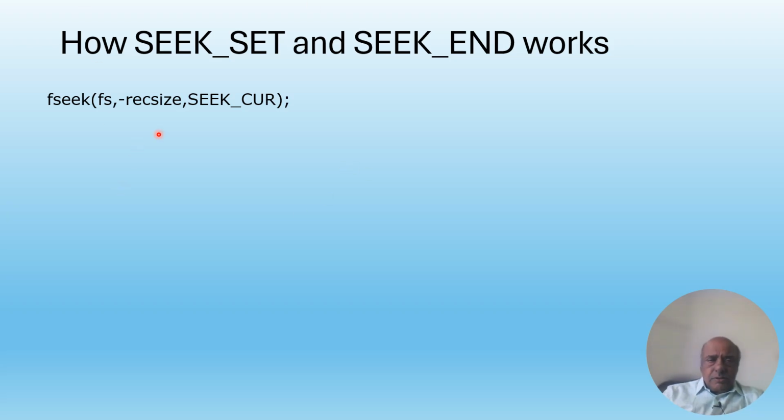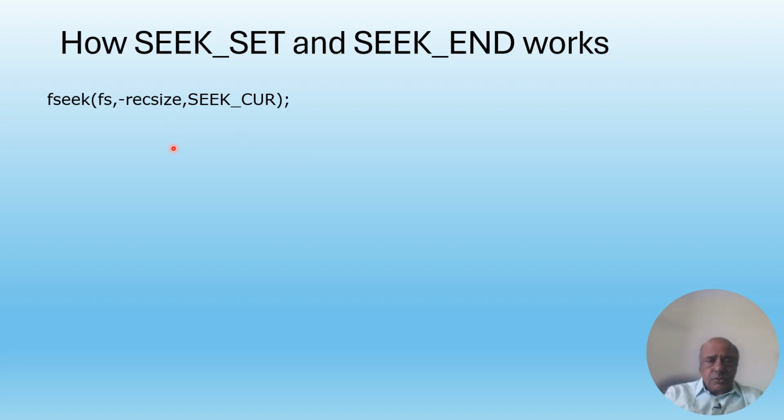So when we come out of the loop, the pointer has already moved to the next record. Now in our case, it will be pointing to the record named CCCCC,